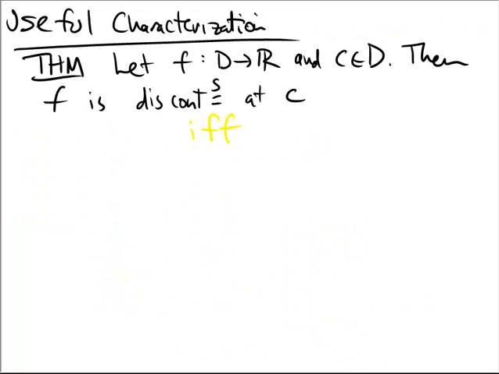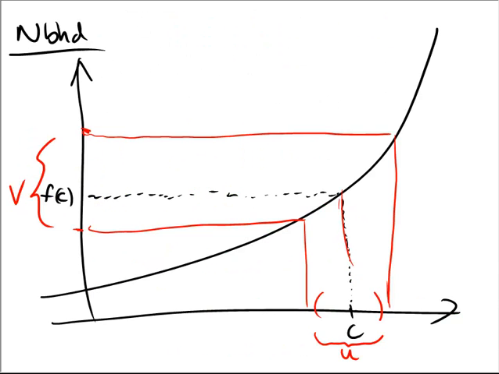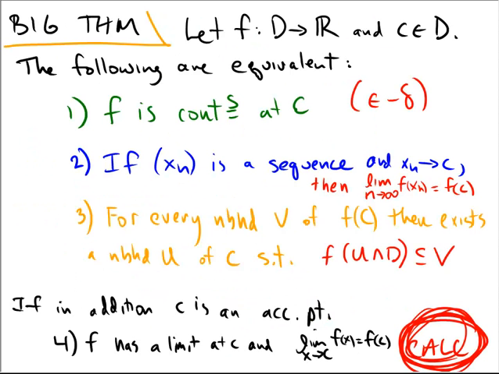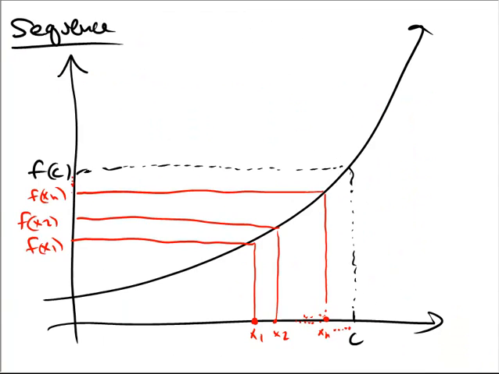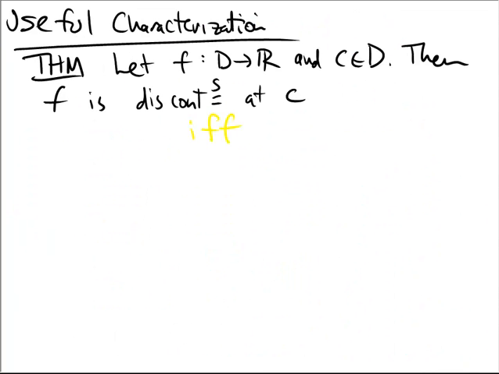Okay, here's a useful characterization. Let f be a function from a domain D to R, and let c be any element of the domain. Then f is discontinuous at c if and only if... Well, remember that our big theorem says that f is continuous at c if and only if there's this sequence characterization, if and only if there's a neighborhood characterization. So what we're going to notice as a useful characterization is that a function will be discontinuous at a point c if and only if there is